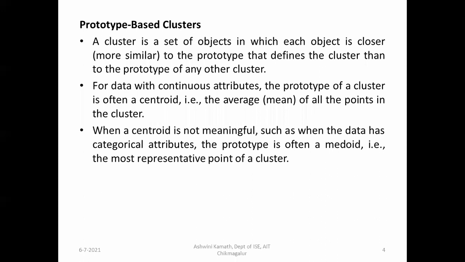For example, consider we have only 2 values for an attribute like yes or no. Say we have only homeowner, where homeowner is equal to yes or no. So we have only 2 points, yes or no. Here I cannot find the difference between these two, right? These are not continuous values. So what I can do is find one as the medoid, which has the maximum values. That is, we can count how many yes values and how many no values there are. If yes values are more, then yes will be the medoid. If no values are more, then no will be the medoid.